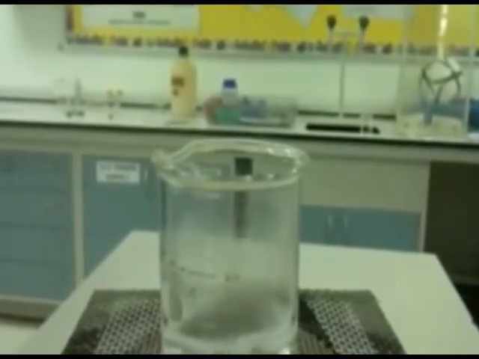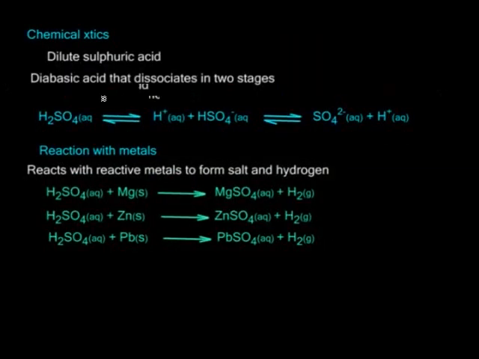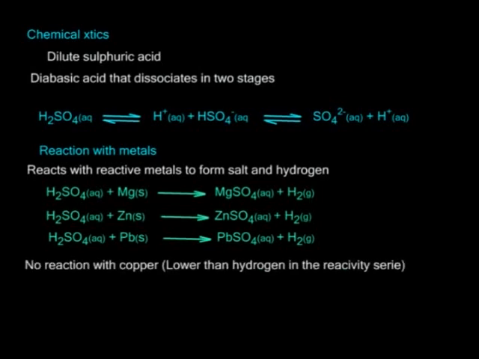Reaction with metals. When a metal is added to dilute sulfuric acid, bubbles indicate a reaction that liberates a gas. The observation shows that dilute sulfuric acid reacts with metals high in the reactivity series, forming hydrogen gas. With copper turnings, no reaction will take place, and this